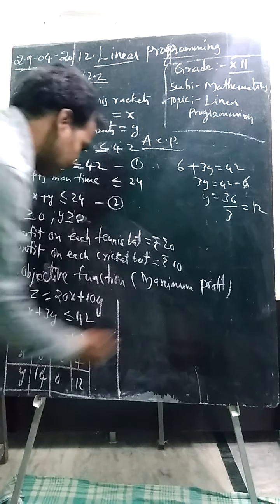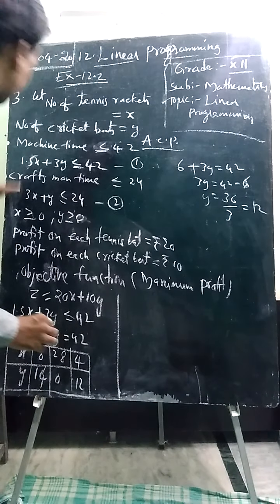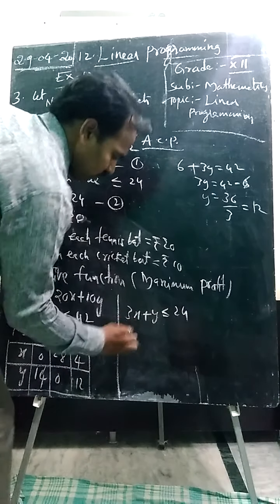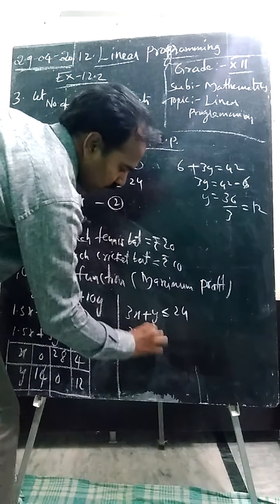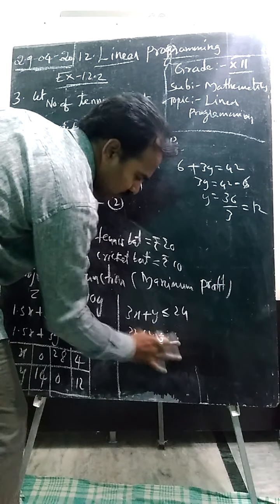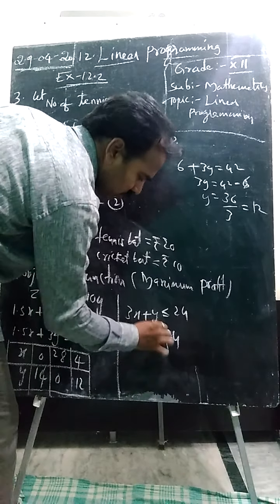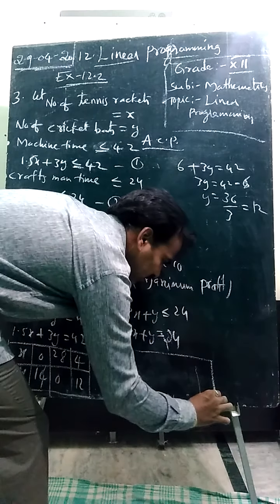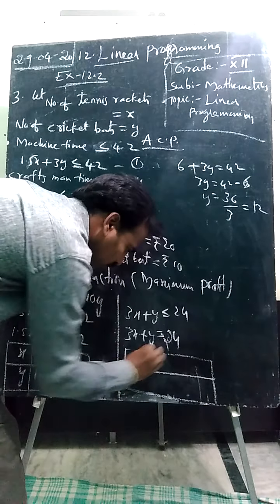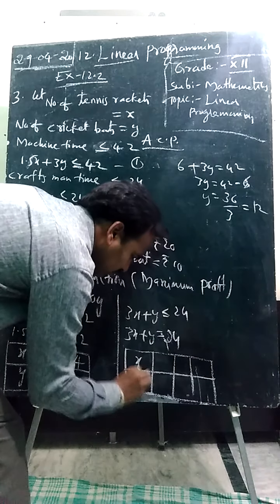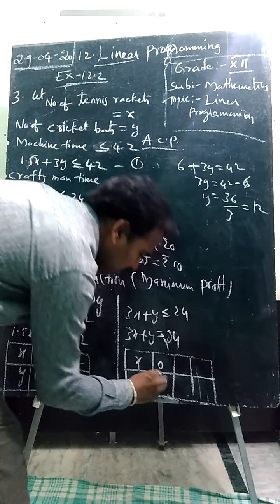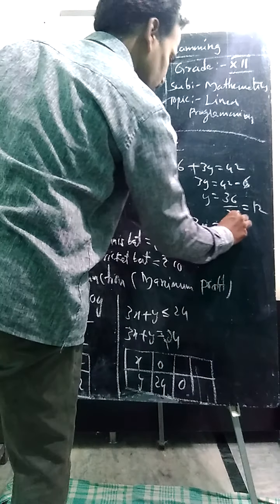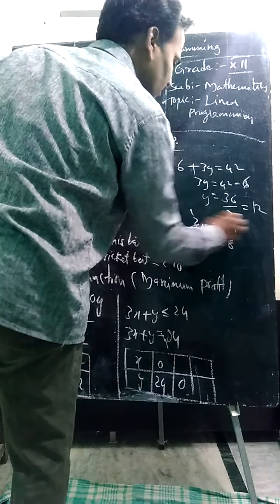Similarly, you frame this inequation also, students. What is the other inequation as per our question? 3x plus y less than or equal to 24. Then the equation of the boundary line is 3x plus y equals 24. Then after, frame the equation. So we have x, y. Put x is equal to 0, students, y will be 24. If you put y is equal to 0, it becomes 3x equals 24. X is equal to 8. 3 8s are 24.